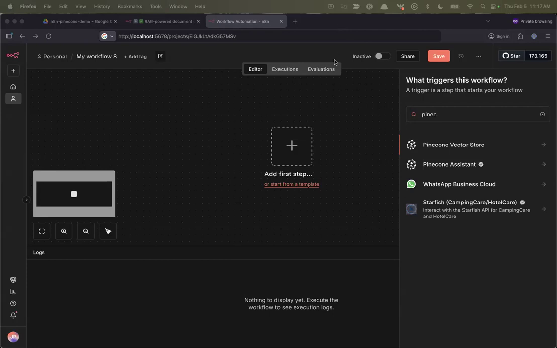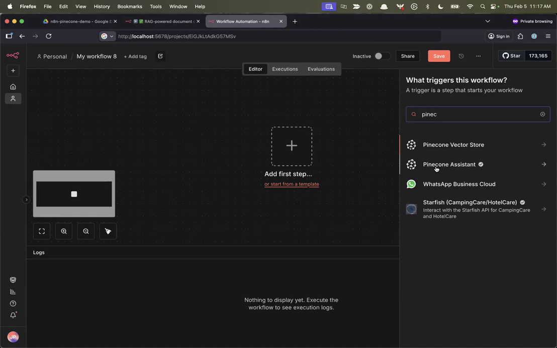So the first thing that you have to do is install this node. It's a community node that we built, and it has gone through the N8N verification process. So you can see here, everybody can see my screen, I assume. And you can see here, Pinecone Assistant.